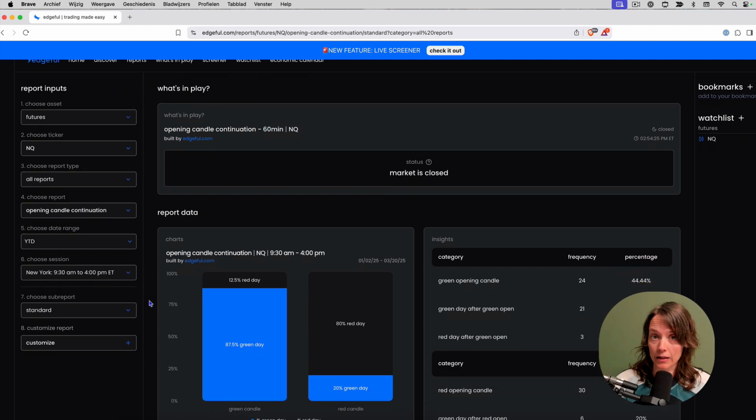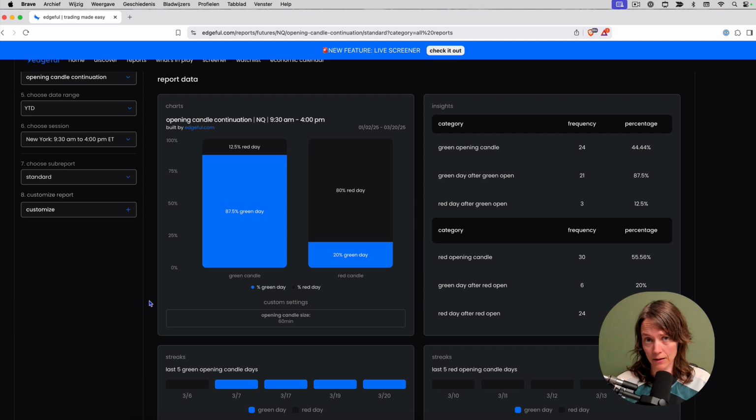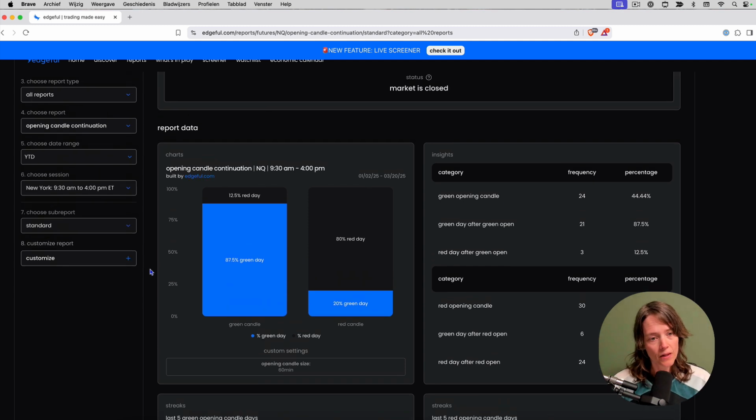What that means is, and I will show you in a second, the opening candle on NQ is the regular trading hour opening candle, meaning 9:30 to 10:30. So that hour candle, 1 hour candle. The regular trading hours start at 9:30. So that's the opening bell of the New York session. And when it opens, it has left a gap of price when market closed the day before. So today we're looking at that opening candle.